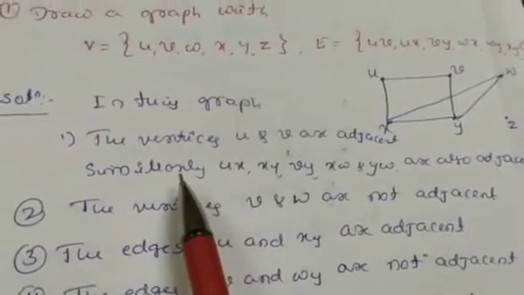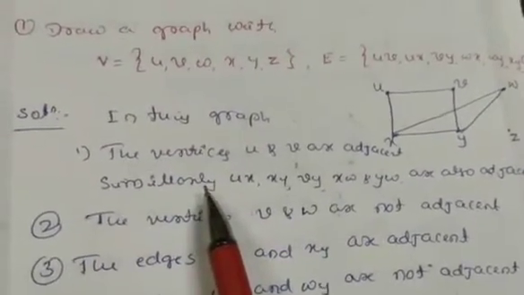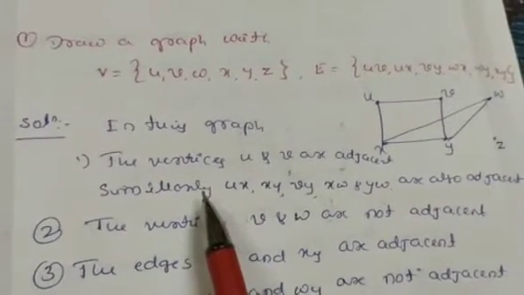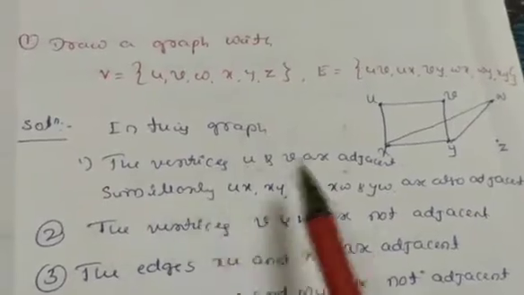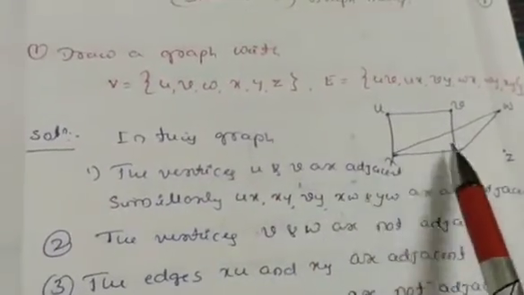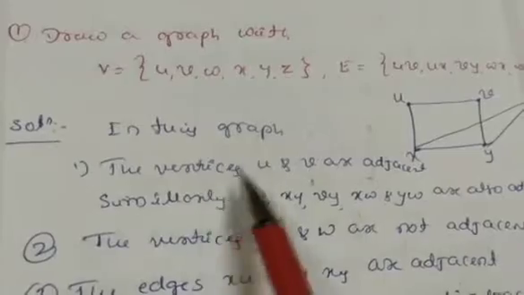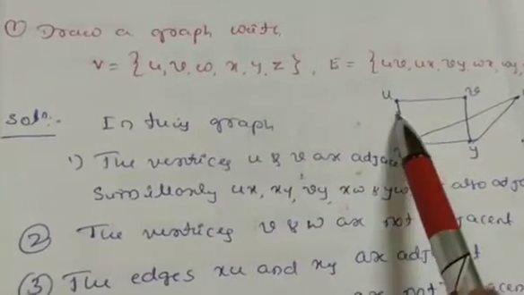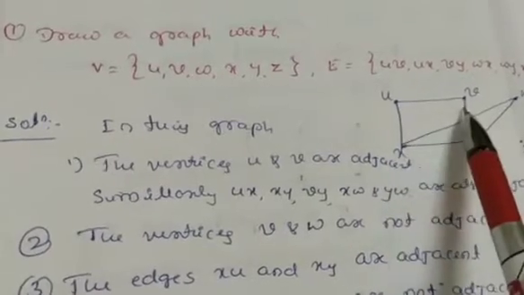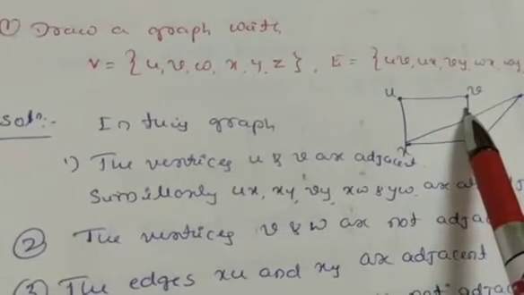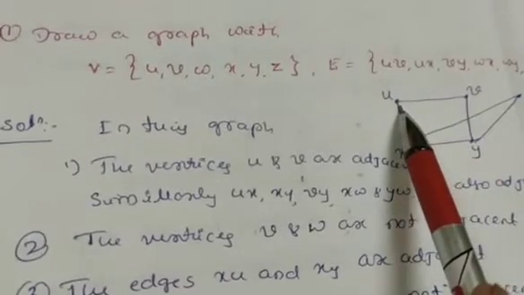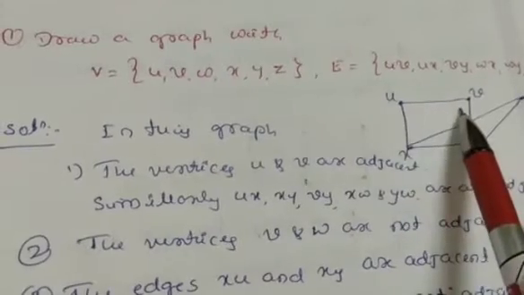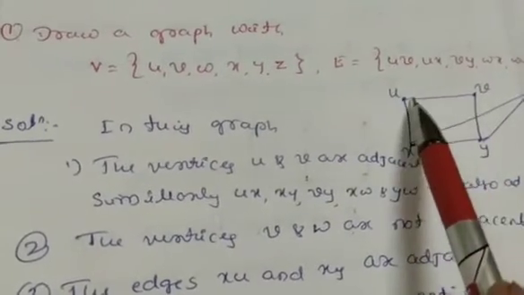In the last session we studied the different definitions, that is adjacent vertices, the vertex set, the edge set and all those things. So in this graph, the vertices u and v are said to be adjacent. It means that if two vertices are joined by an edge, then we can call those two